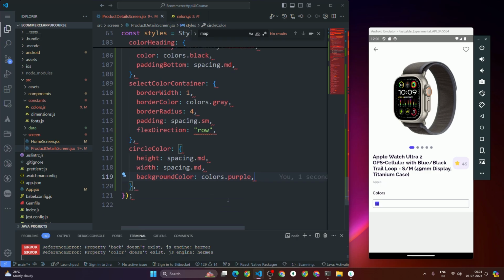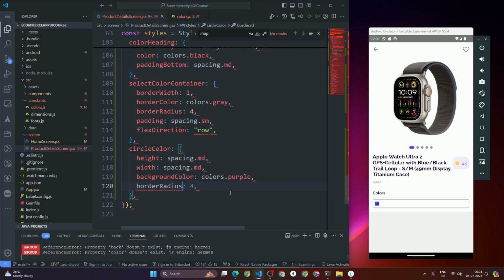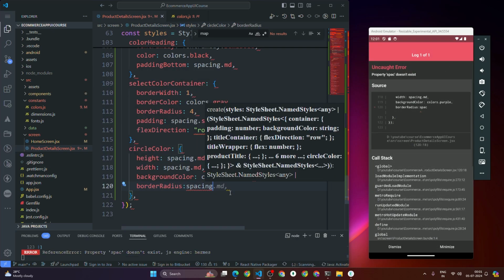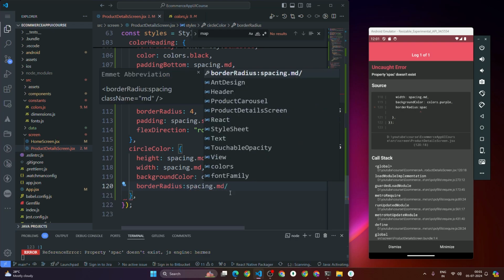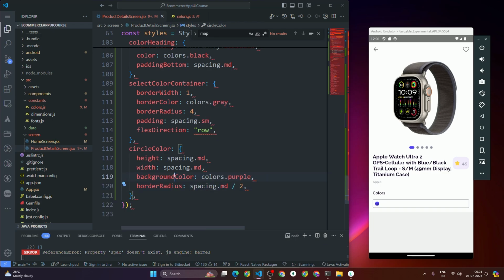And border radius, let me apply some border radius. Border radius will be what? Border radius will be spacing dot medium divided by 2 to make this a circle. So whenever we apply half of the height and width, it becomes a circle. So if you see that, now it becomes a circle. Awesome. Now if you see that, the circle is on the top of